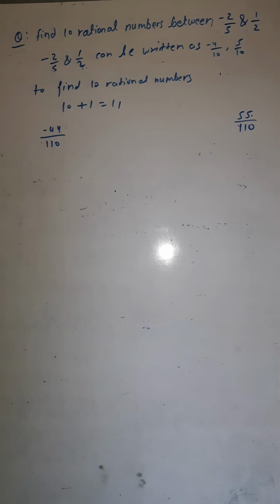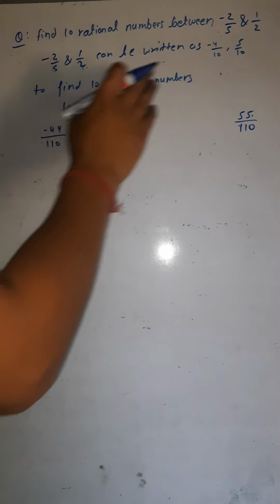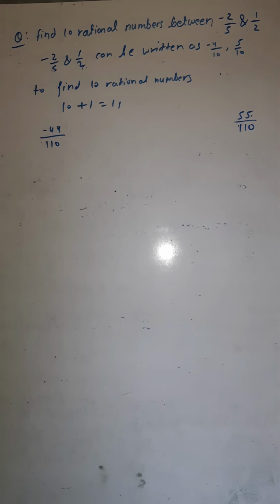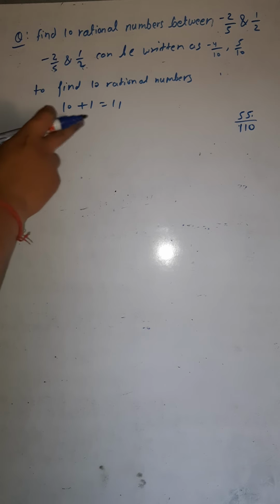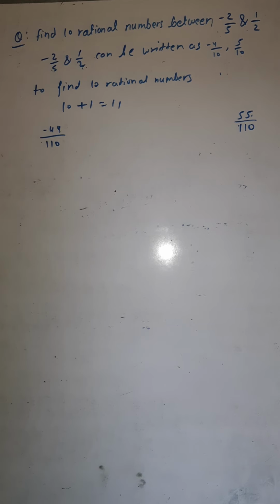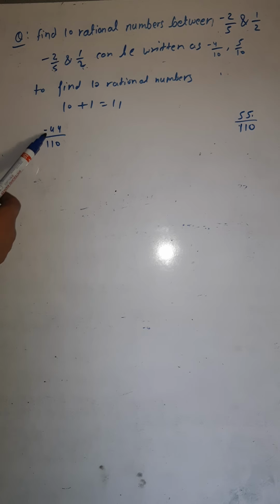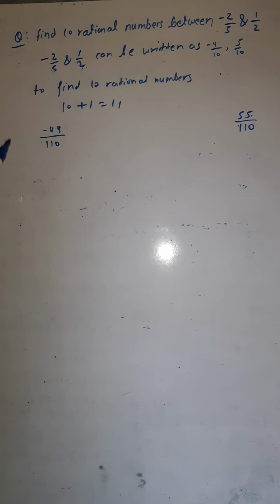So just keep writing the numbers between these two. Okay, so more than 44, what would be the number more than 44? Can you tell me? Number that is more than 44, is it 45, 46, 47? How can you write this? Just tell me. You have to write the number greater than this. Minus 44 by 110 means the number should be greater than that. Okay, minus 44 by 110.